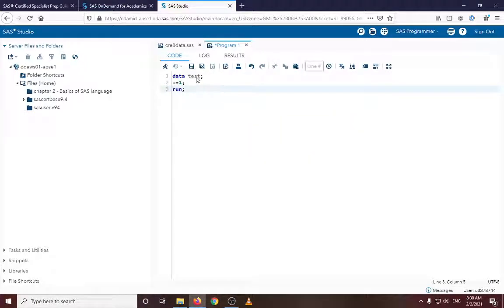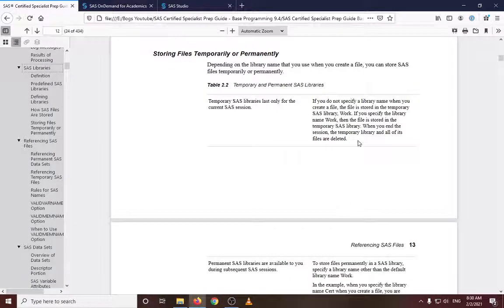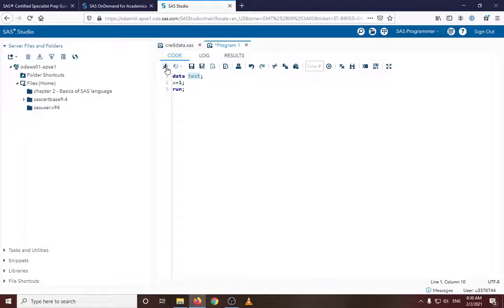We will learn in the next chapters how to reference a temporary or permanent dataset. For now, temporary means there is no library specified. So for example, test, and another way is to reference it as work.test. So when we execute this,